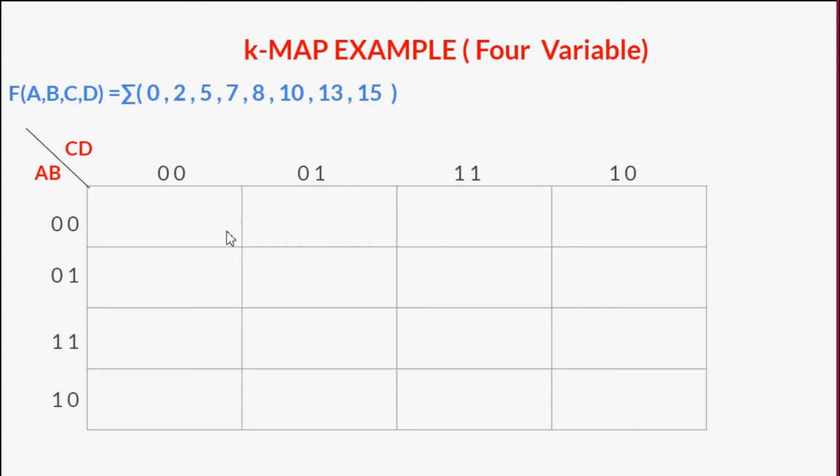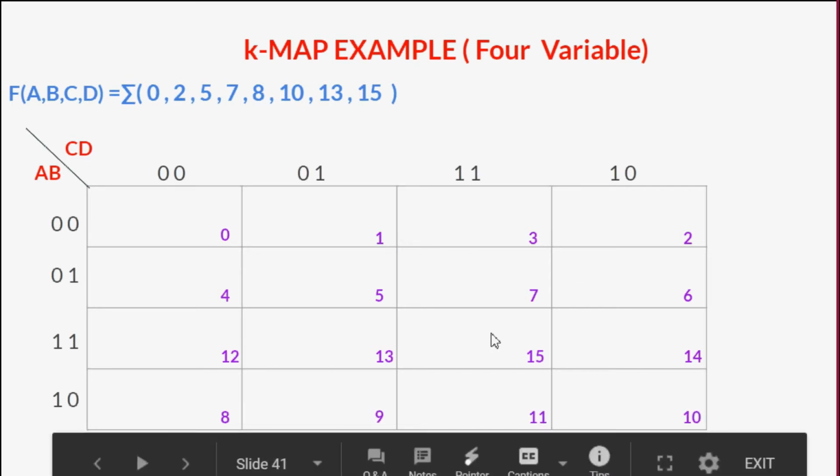Now we are going to give numbers to our cells, which we have already discussed in our previous videos. If all the inputs are 0, my number is going to be 0. If A, B, C are 0 but D is 1, my number is going to be 1. In this way we are going to represent each cell with the help of a number. If you don't know how these numbers are coming, please go through my previous videos and you will get to know clearly how these numbers come.